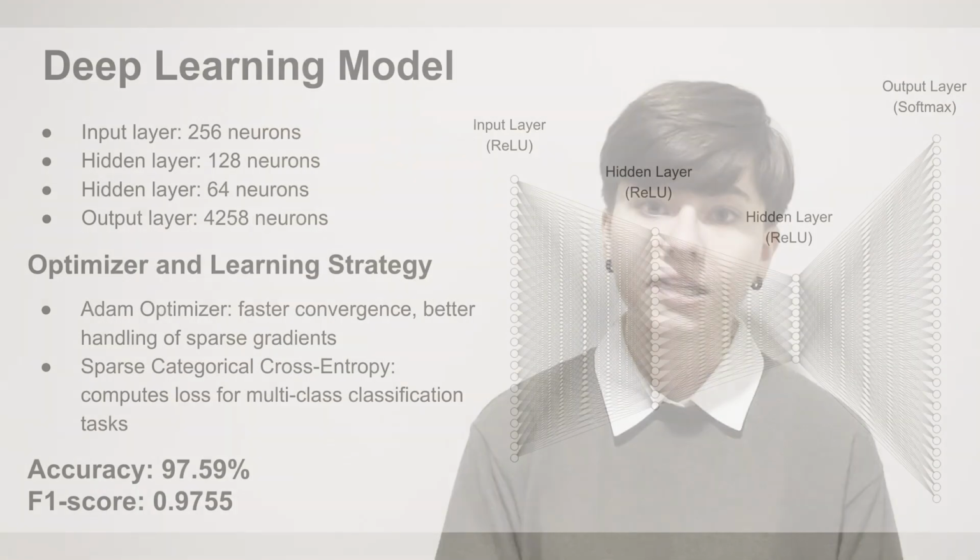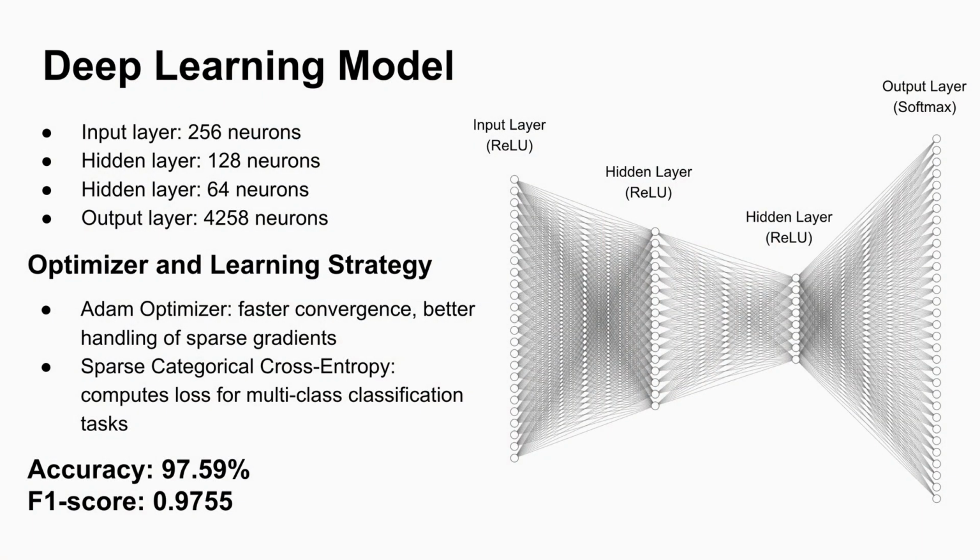The synthetic data generation process incorporated probabilistic rules for symptom prevalence, inheritance patterns, and age of onset, while controlled stochastic noise was introduced to prevent overfitting and ensure generalizability. The predictive model itself is a sequential neural network with 4 layers: an input layer with 256 neurons, 2 hidden layers with 128 and 64 neurons, and an output layer corresponding to the number of diseases in the dataset.